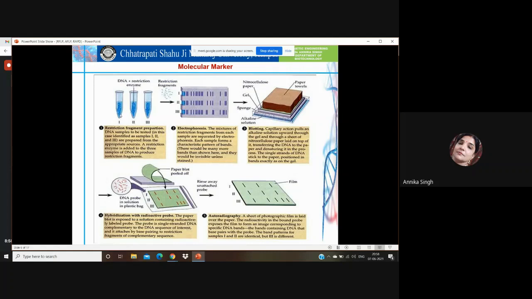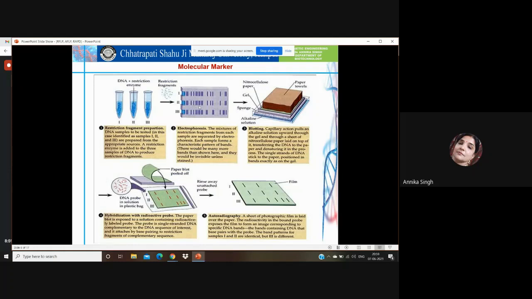If we want to compare three samples, termed 1, 2 and 3, and see the homology pattern or kinship between these samples, then after the restriction digestion, electrophoresis is done, and the mixture of restriction fragments from each sample is